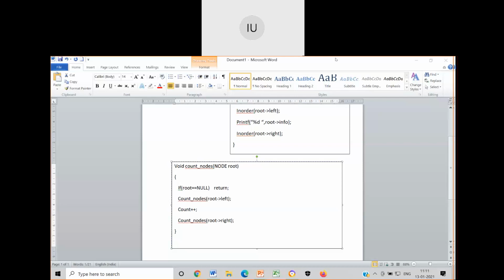When it has no child, correct. Programmatically, if I want to represent a node with no child, how can I write? That node's left part is null, that node's right part is null.